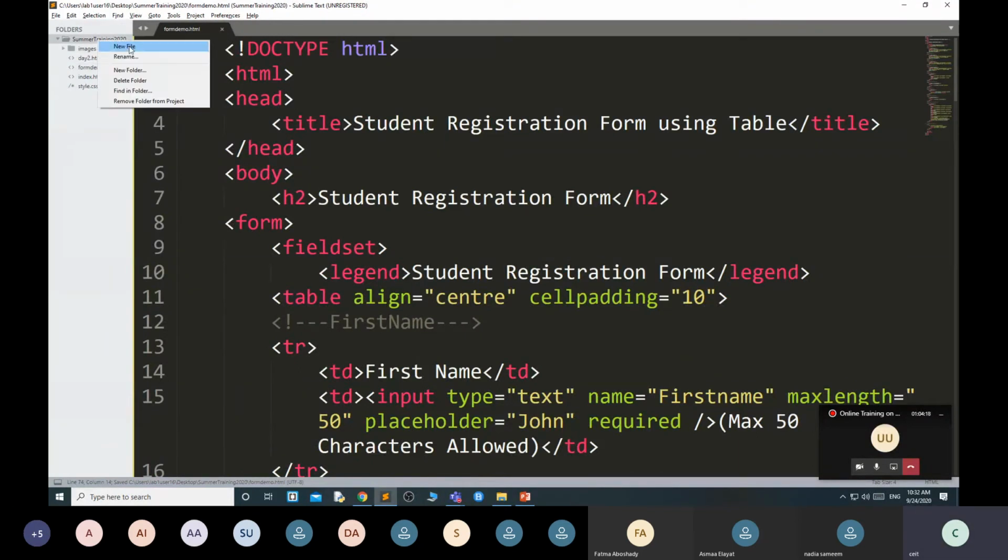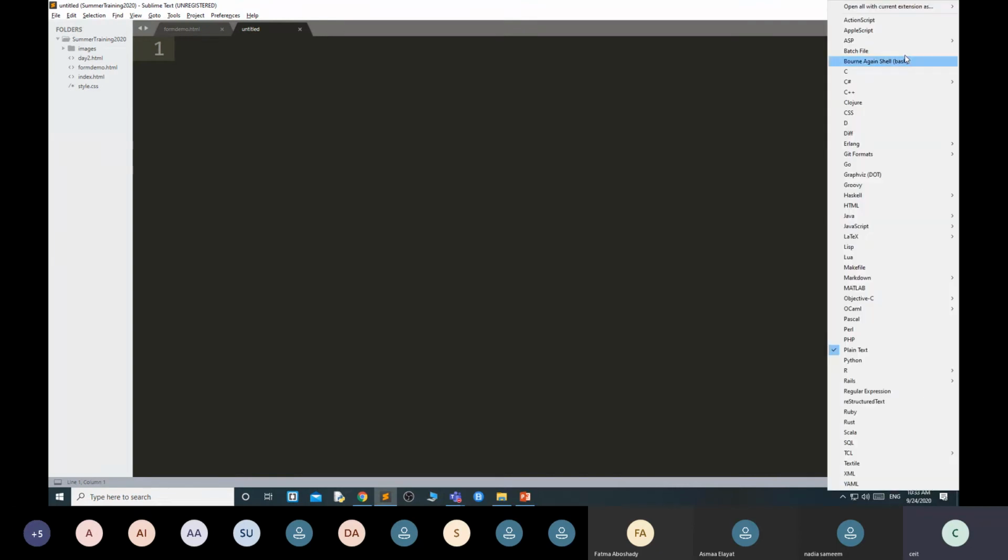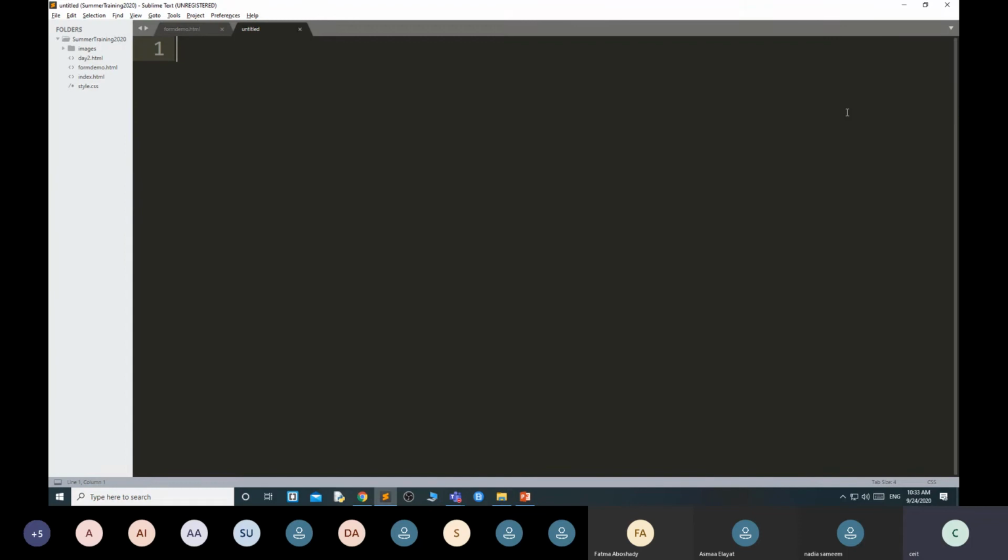Now I want a style set. See, whenever you are using Sublime Text, in that right corner, you just see my mouse where I am moving my mouse. Right corner. There is an option you can see, plain text. If you click on this, this window will open. Here you can select your type, like I want this document to be CSS. What benefit will you get? Without saving this document, you can write the code, like auto-generate the code.